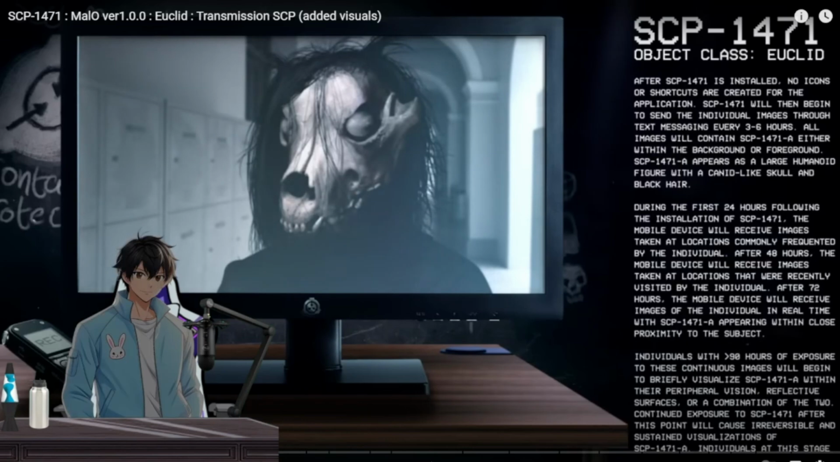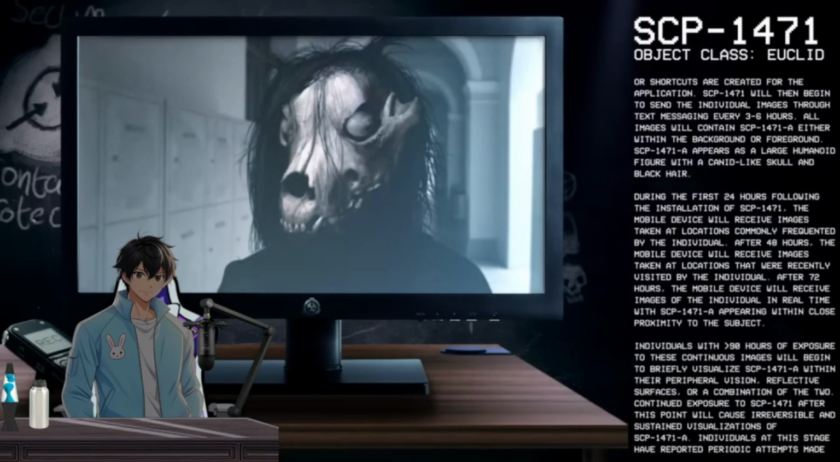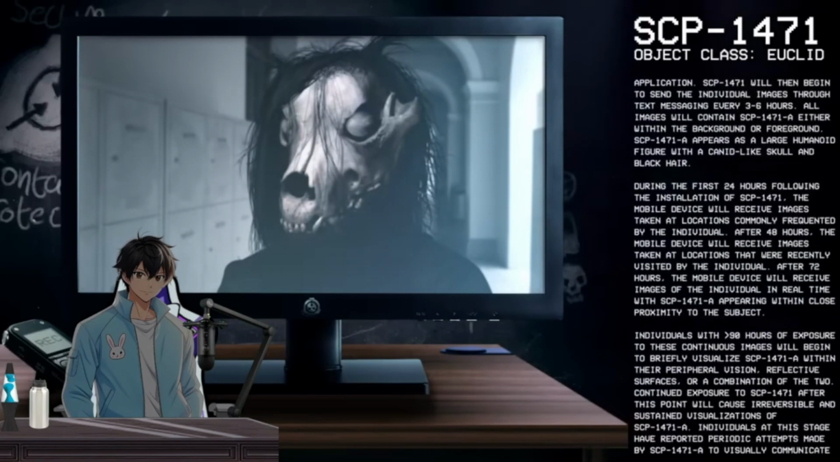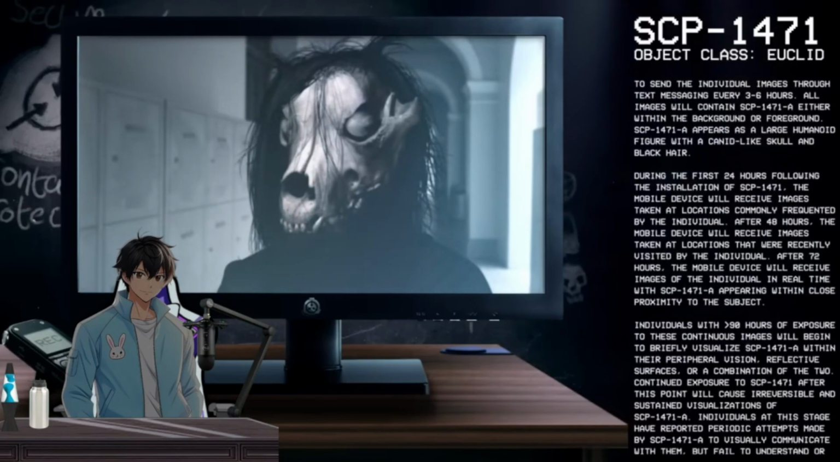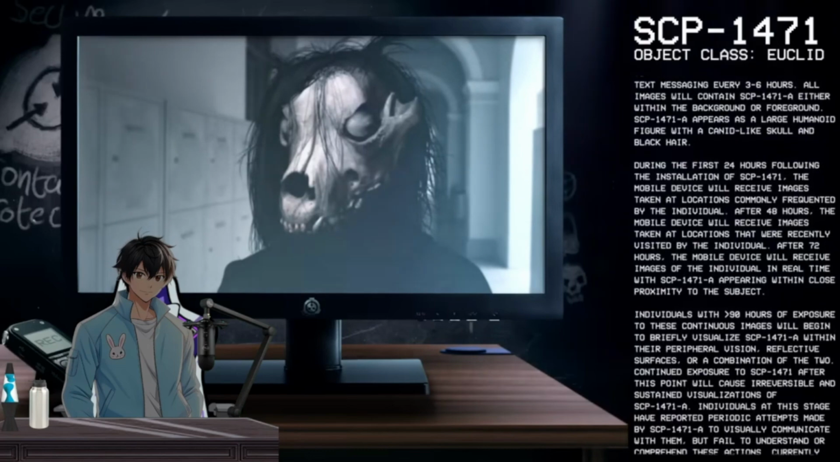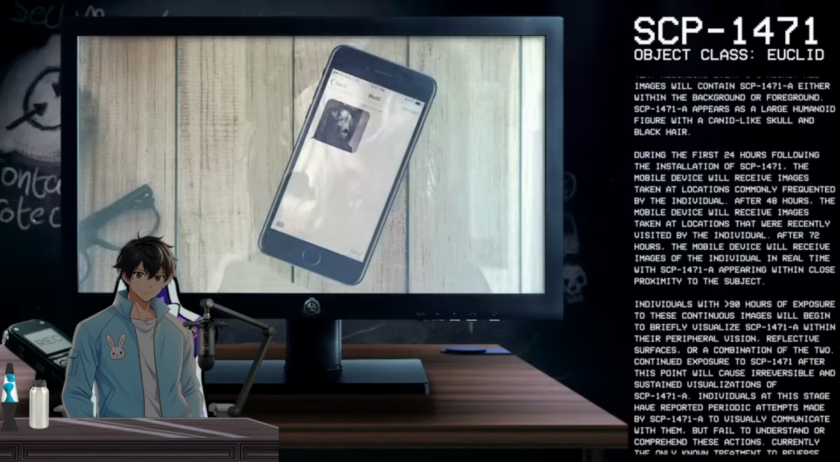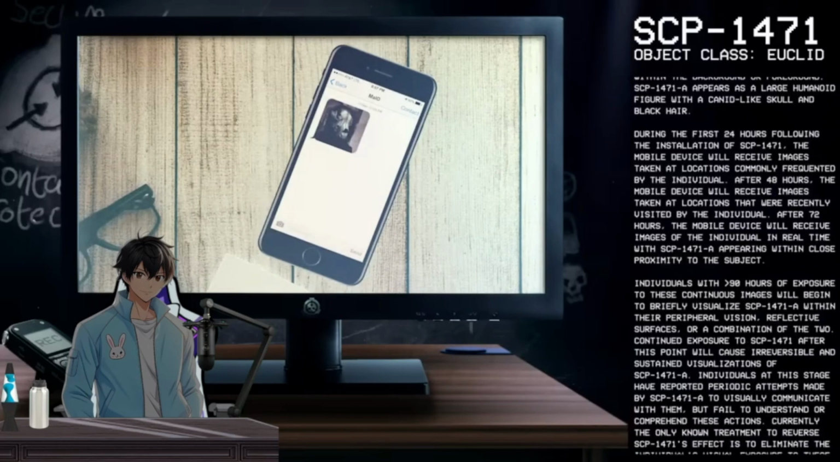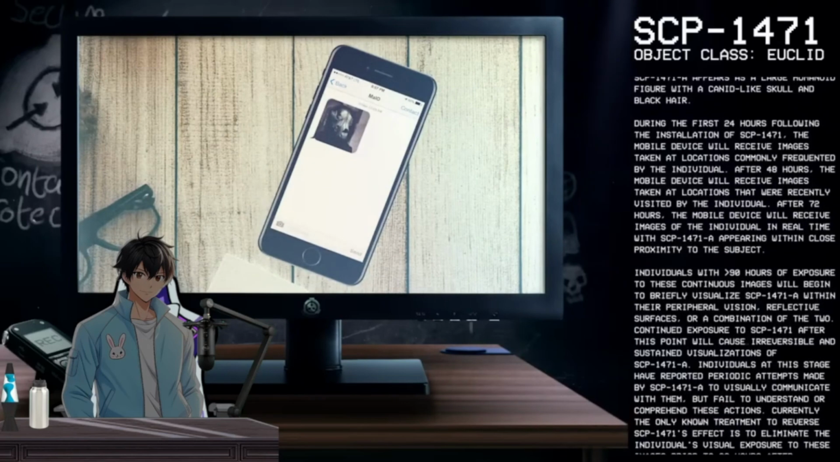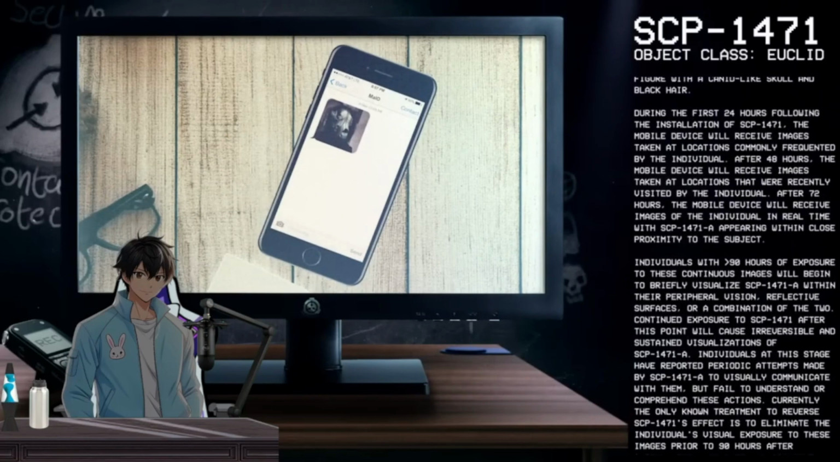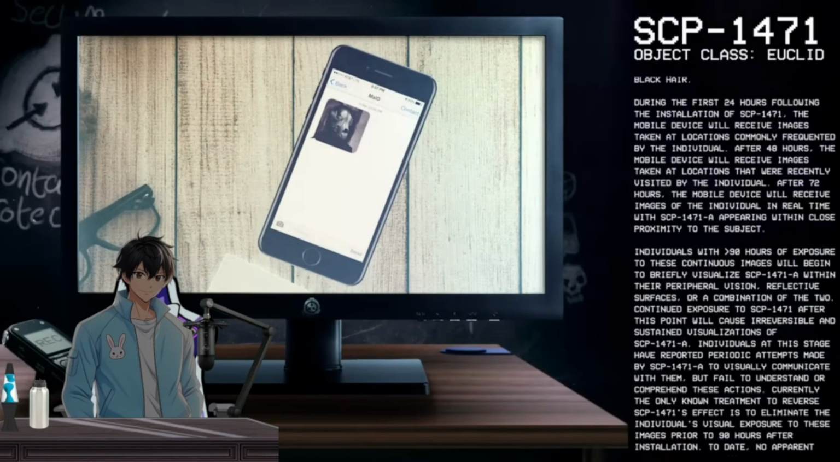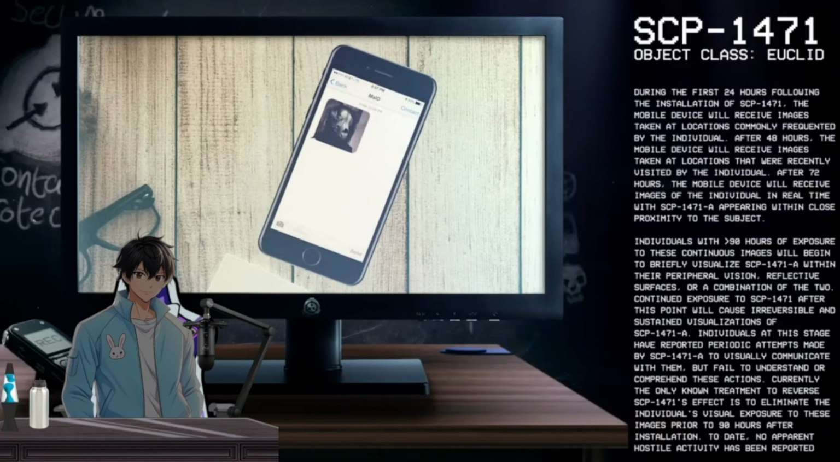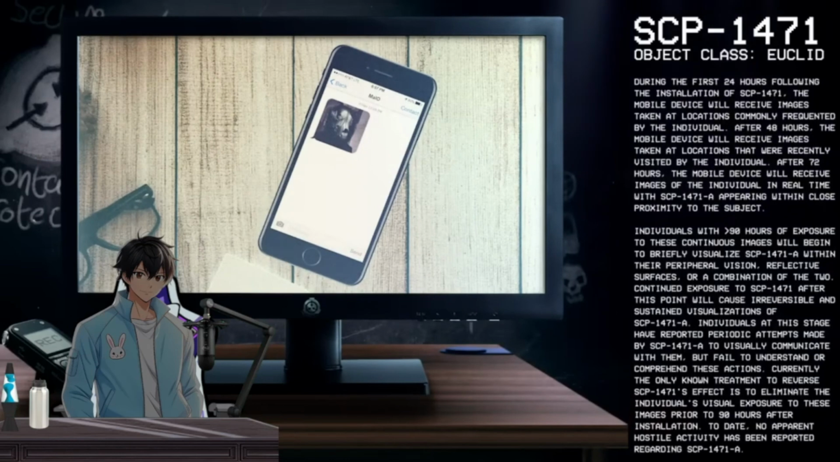Okay. During the first 24 hours following the installation of SCP-1471, the mobile device will receive images taken at locations commonly frequented by the individual. After 48 hours, the mobile device will receive images taken at locations that were recently visited by the individual. Oh, okay. After 72 hours, the mobile device will receive images of the individual in real time, with SCP-1471-A appearing